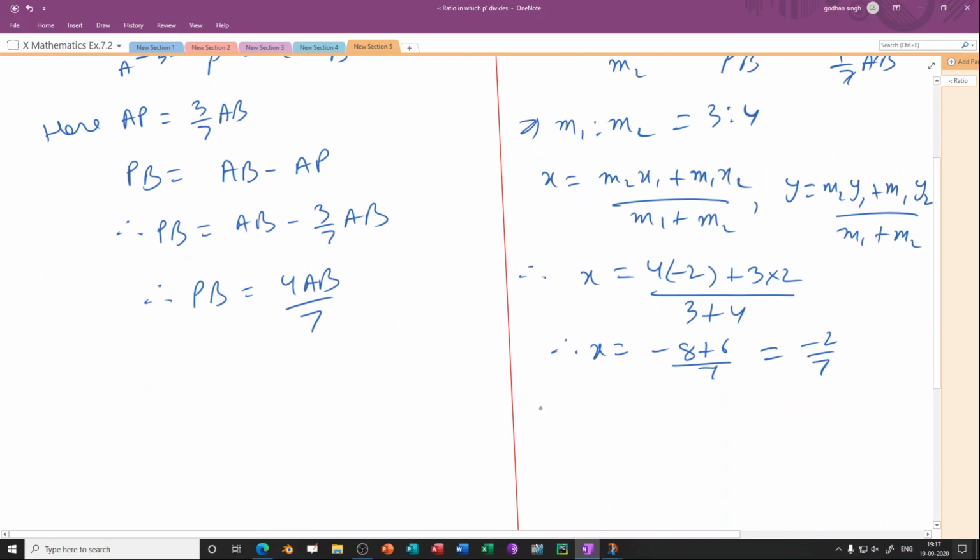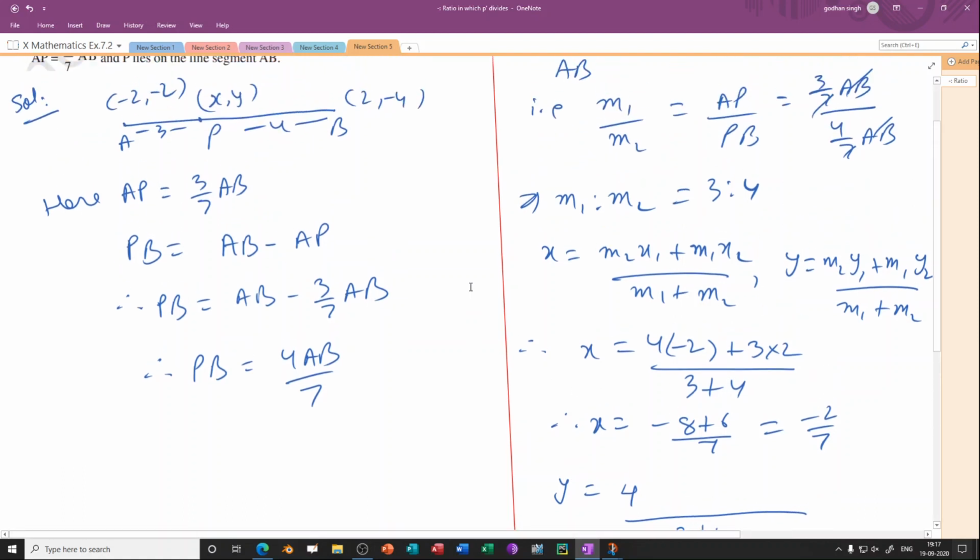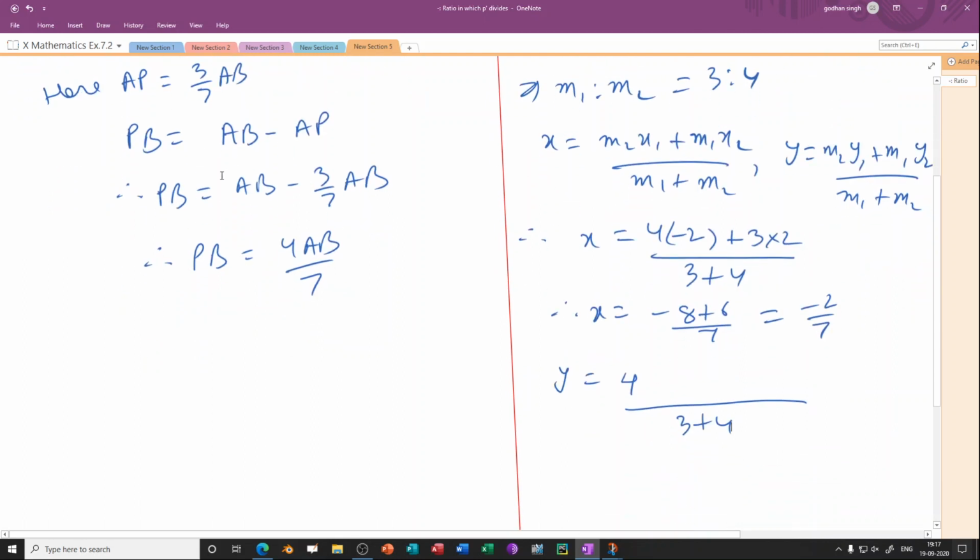Now let us obtain the value of y. So y equals m2 into y1 plus m1 into y2, over m1 plus m2. Our m2 is 4, and m1 plus m2 is 3 plus 4. What is y1? Here y1 is the y coordinate of point A, which is minus 2. So 4 into minus 2